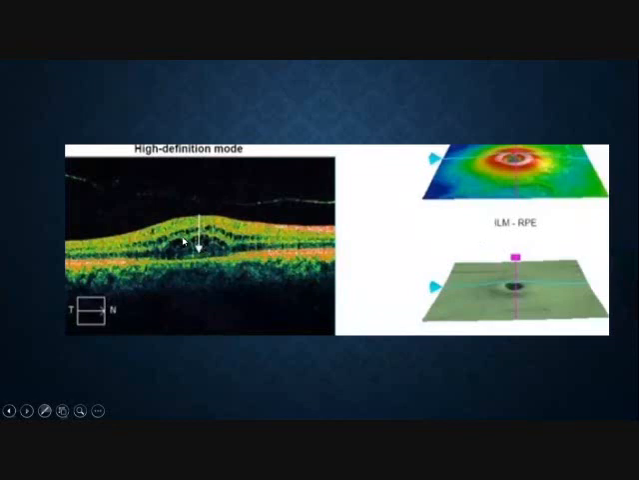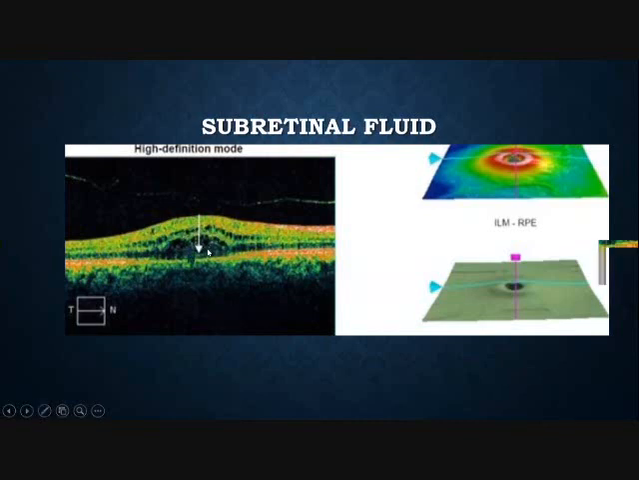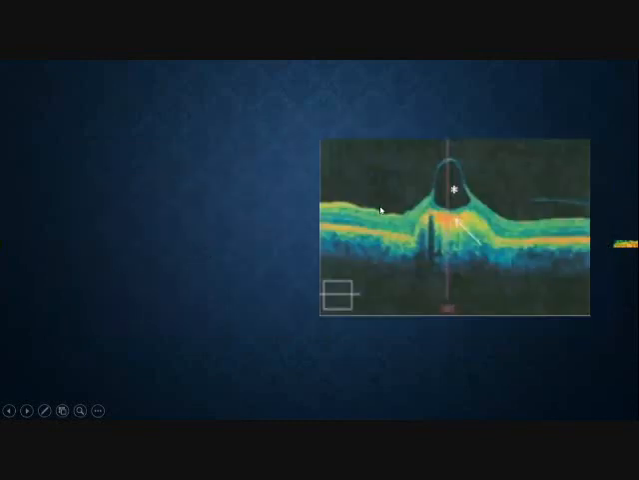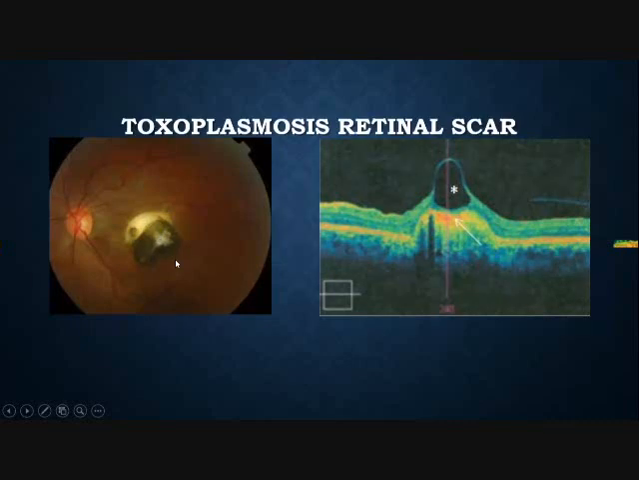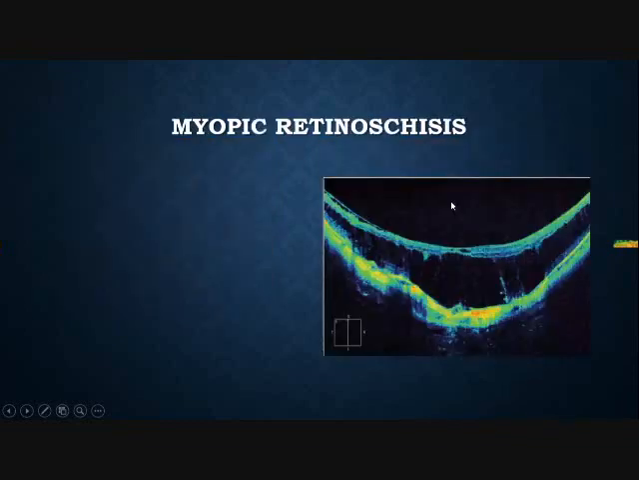Now this is again fluid filled cavities and subretinal fluid is present. These are the intraretinal cysts and this is the subretinal fluid. So this is a cyst which is only visible because of the OCT, because otherwise in the fundus photograph it is difficult to appreciate. This is a cold toxoplasmosis retinal scar, but this is a fluid filled cavity that we can treat with the